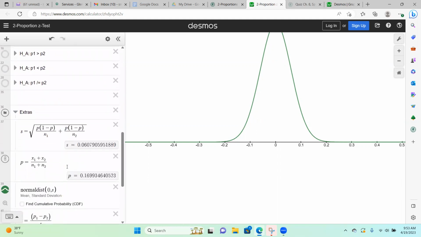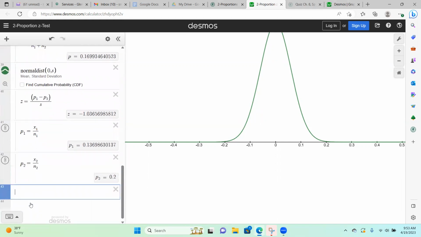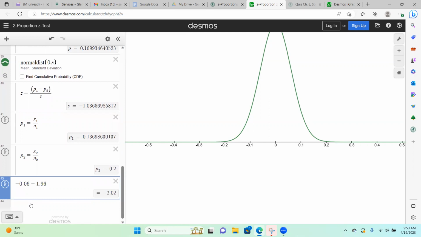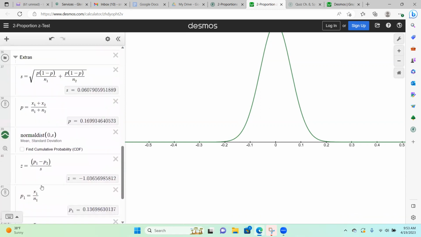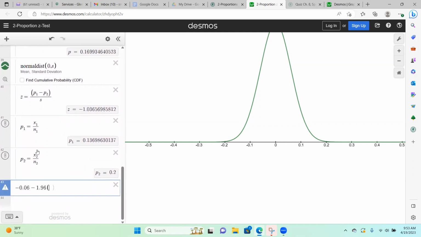We're going to then put this in down here. So we're going to say a negative 0.06. That's our difference. And we're going to subtract our z, which is 1.96, times, and we could actually just type in S up here because they've already labeled it as S. So we could put S right there. And it's going to tell us that our lower limit of the confidence